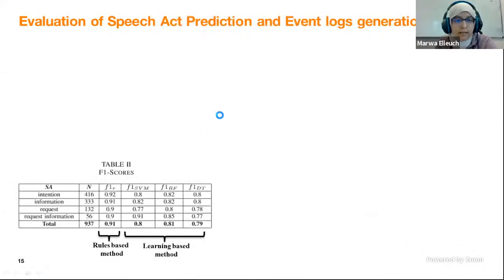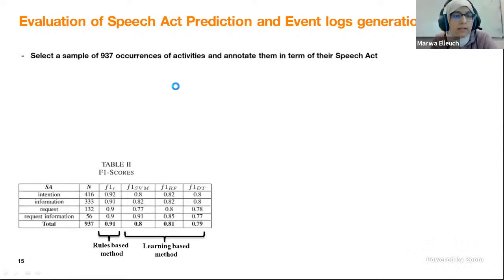And to evaluate our step where we have predicted the speech act of the occurred activities, which presents actually a key step in our approach, we have selected a sample of 937 occurrences of activities and we have annotated them in terms of their speech